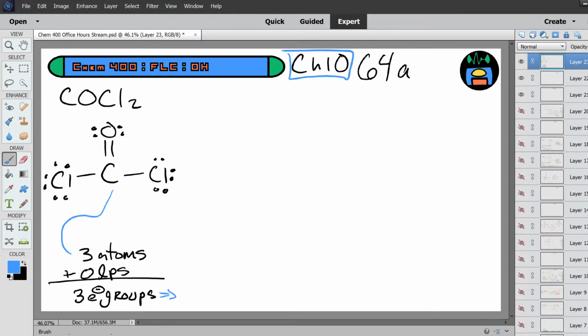That means our shape, our VSEPR geometry, is trigonal planar. And because we have 3 electron groups, that means that our hybridization uses 3 orbitals, sp2. All right. Now, if we're going to draw that out,